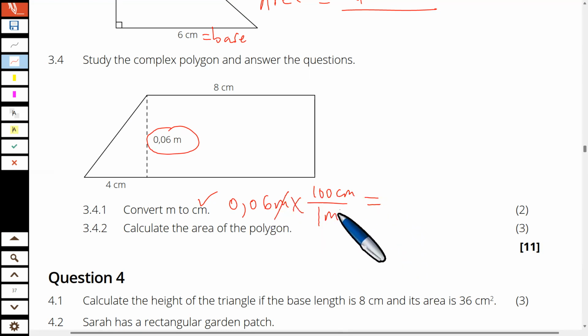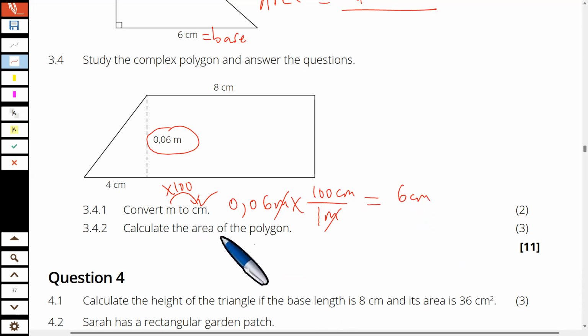Right? The meter cancels the meter. So you multiply by 100. To convert from meters to centimeters, what do you do? You multiply by 100. If you multiply by 100, therefore the result is exactly 6